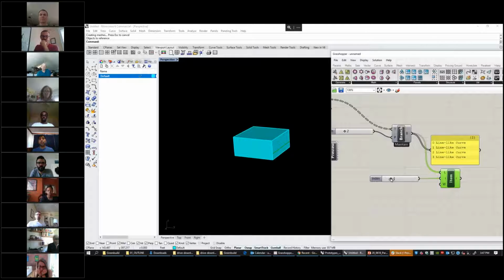2 is that way, right? And so you can even, if you right click on list and do reverse, you can reverse the order of the items within the branch, right? So now,